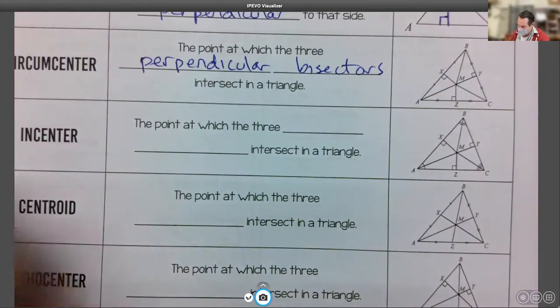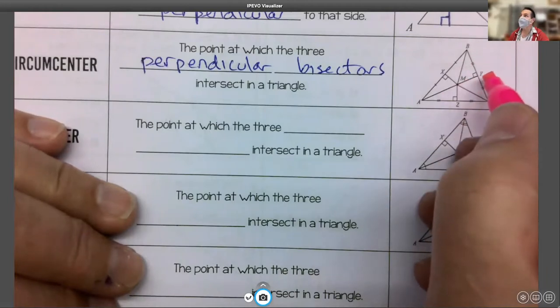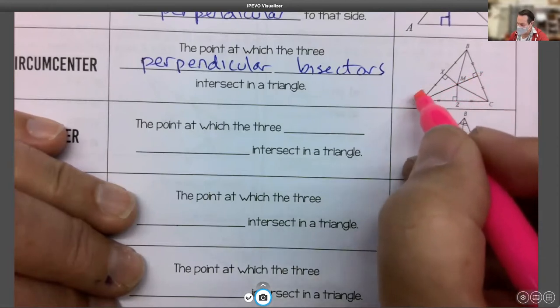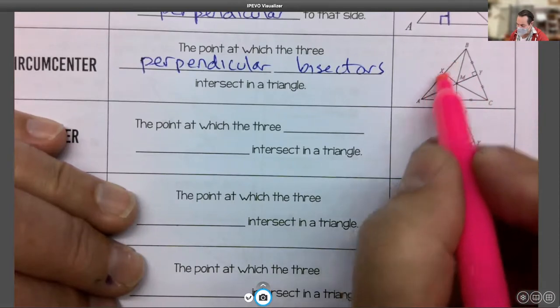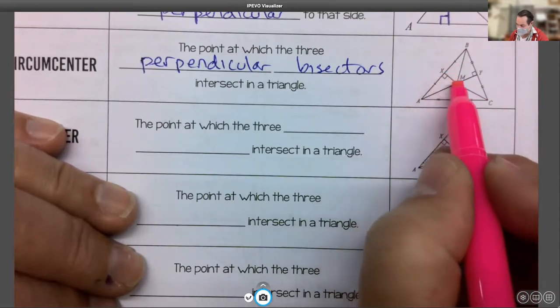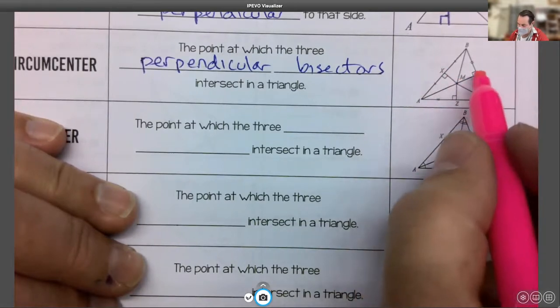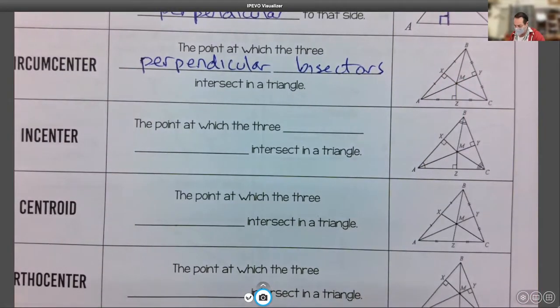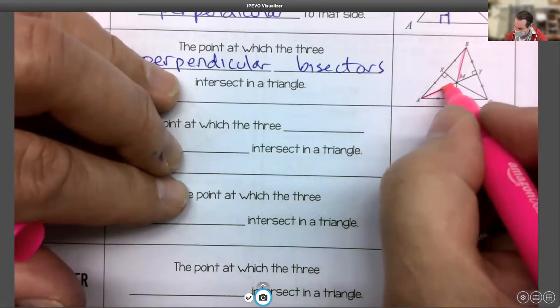So can we agree that MY goes through a midpoint and is perpendicular? So that represents a perpendicular bisector. They didn't continue it all the way up, but that's because it doesn't have to go through the vertex. Is X also a midpoint such that XM is a perpendicular bisector of ZM? So these parts are all creating this center point, which then begs the question, what's up with BM and KM